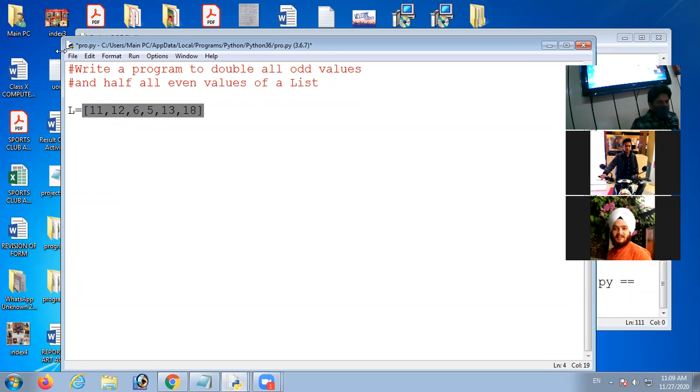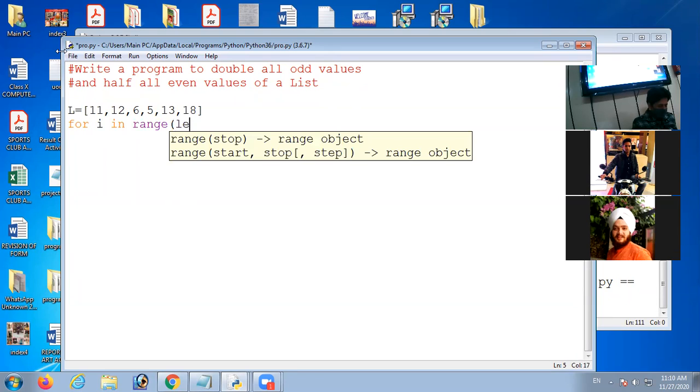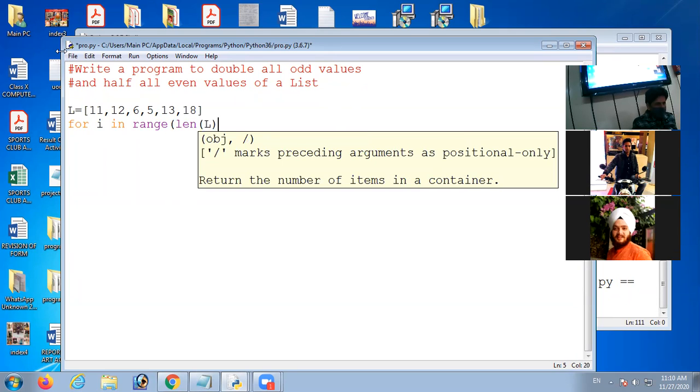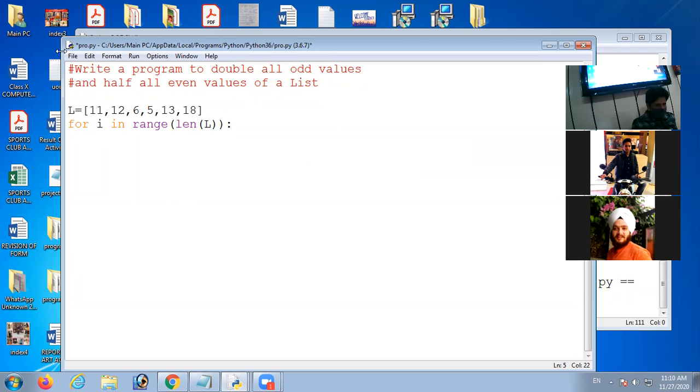Now for accessing the elements of the list, we will have to use a for loop. So I use for i in range, in brackets I use length of L, then I use colon. Now I will check whether the element value is even or not. So I will write the code if